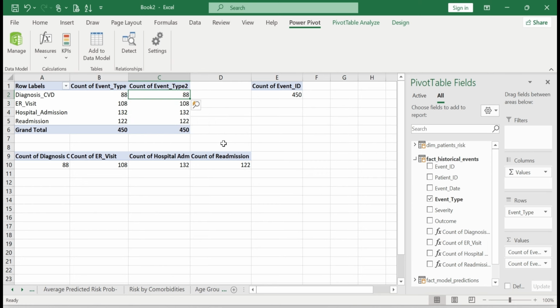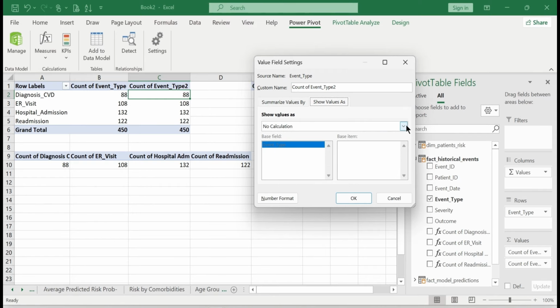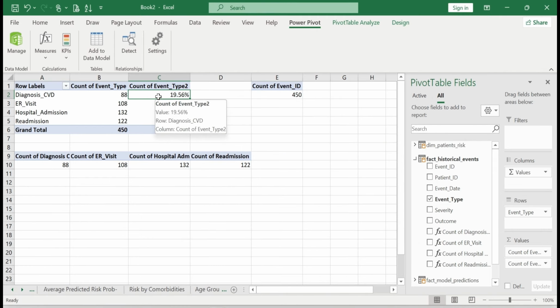So what we'll actually do is come into this second one here, which is the count of event type 2. Click on the down arrow there, value field settings, then show value as, then come to this point here, click on the down arrow, percentage of the grand total, then you hit OK. In this part, we have 19.56%, 24%,